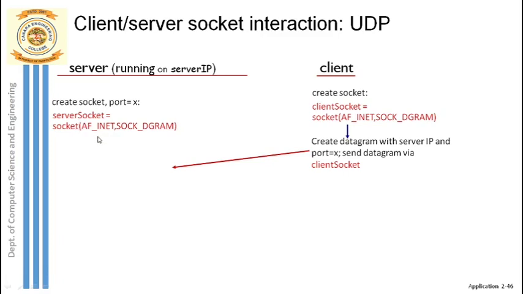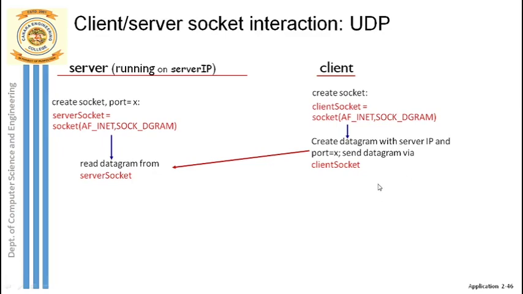Okay, so your socket is created, and the port address you have also got. So the first stage is done both at the client side and server side. So what would be the next stage? The next stage is, you are ready to create one packet, or a datagram, and this time your datagram should contain what? You are ready to send the data now from the client to server.